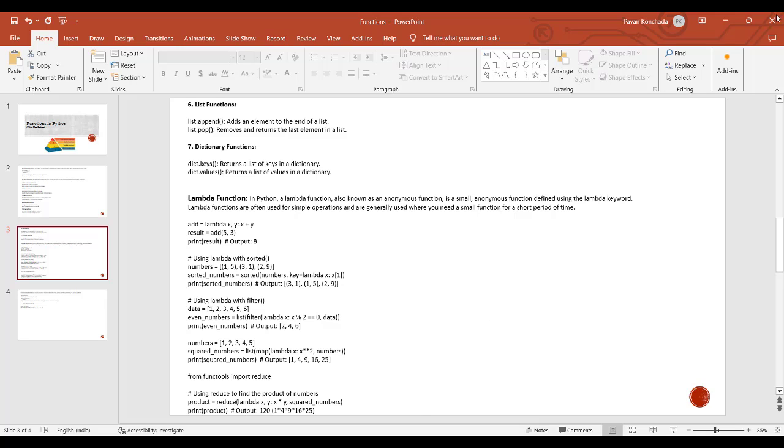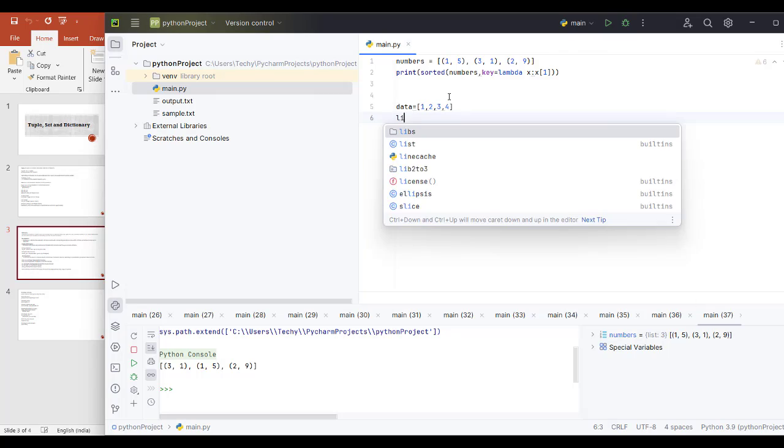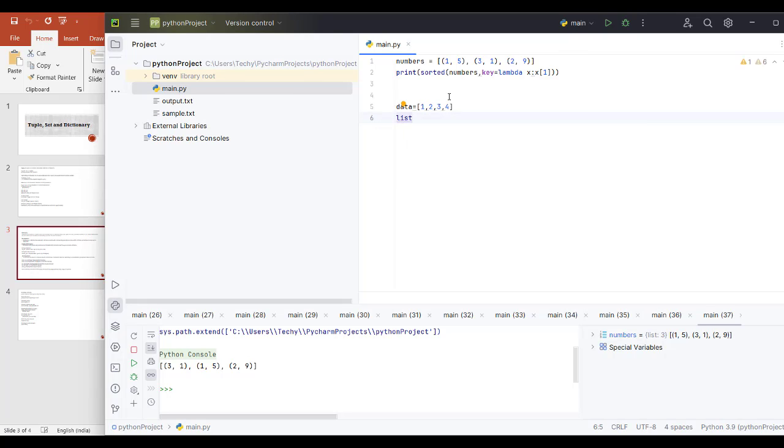Maybe I'll select this data. I'll just type some data for you. Data is equal to a list. What I'm thinking is 3 comma 4. It will be sufficient. So now I want to filter. So what exactly do you want to filter based upon? So you can just type filter. So first it should be a list, which I want all these elements to be entered into, right? List, and then I want to filter